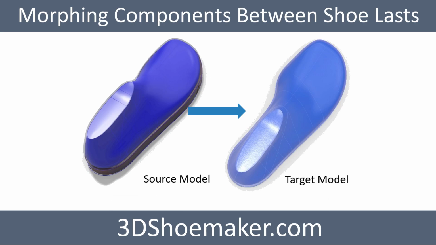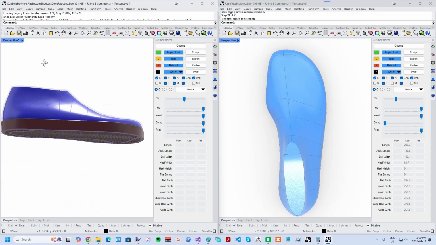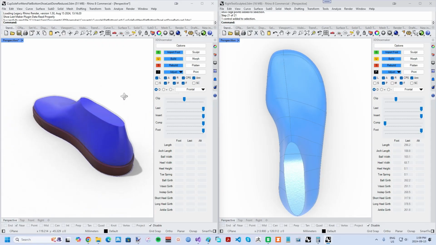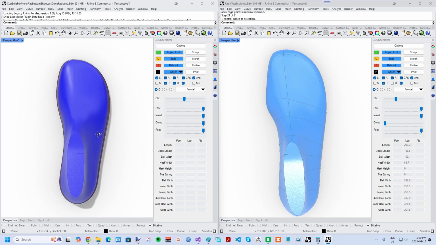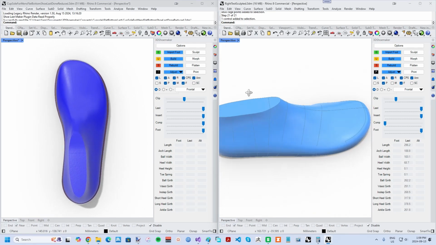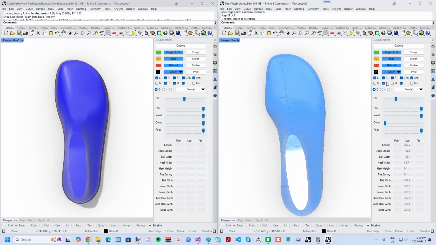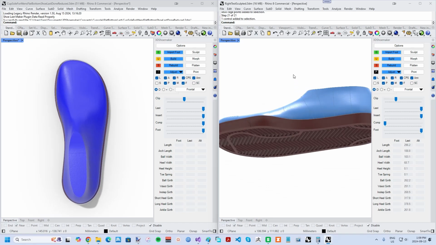The focus of this 3D Shoemaker tutorial is morphing shoe components from one shoe last to another. Essentially, once a component, such as a cup sole, is designed for one shoe last, it can be automatically adjusted to fit another shoe last similarly. This saves considerable development time and even makes it possible to have complex components readily available even for custom and